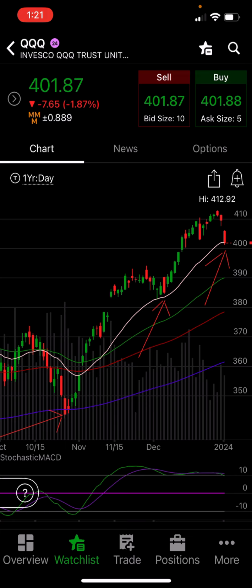It could possibly give support here over the next couple days and rocket up and break through and give us more all-time highs. We just don't know, but if you use this EMA system, I think you'll find it to be very beneficial for your investing, and it will help you average down at